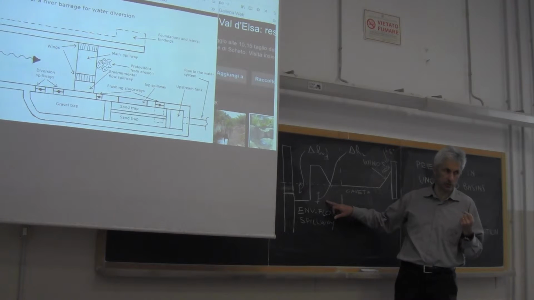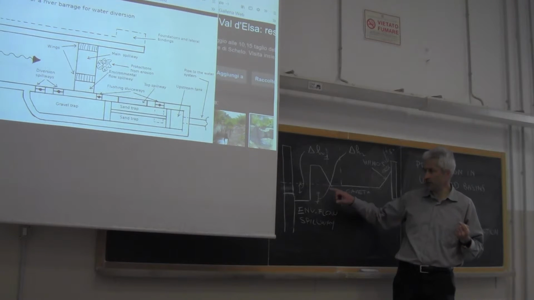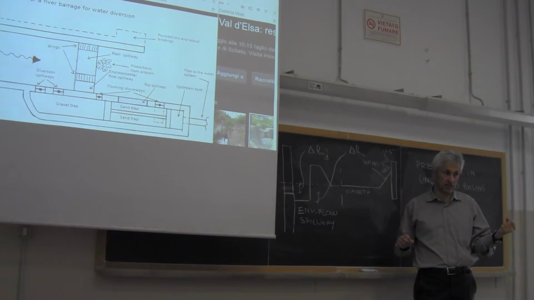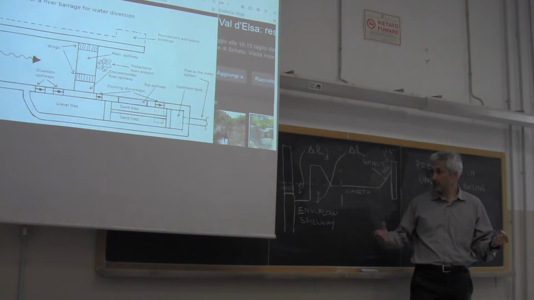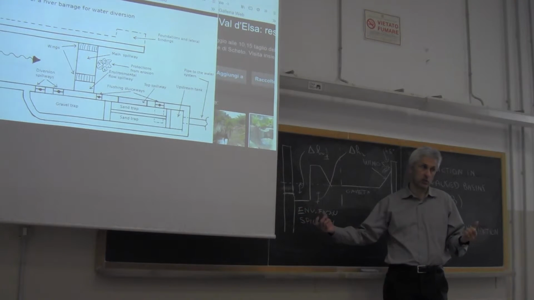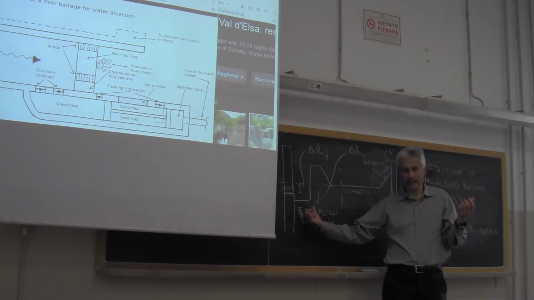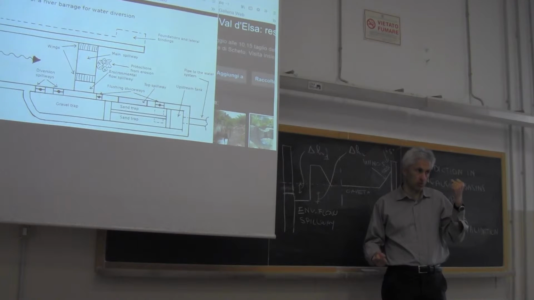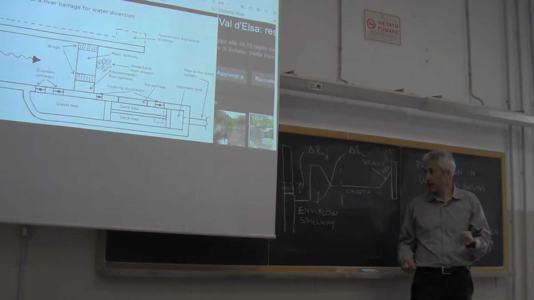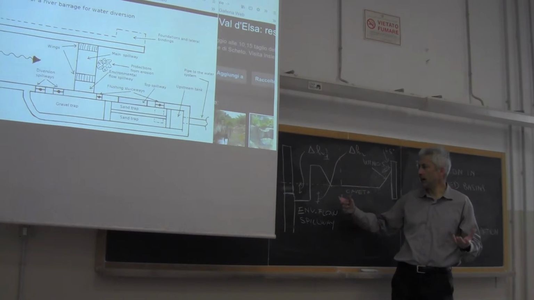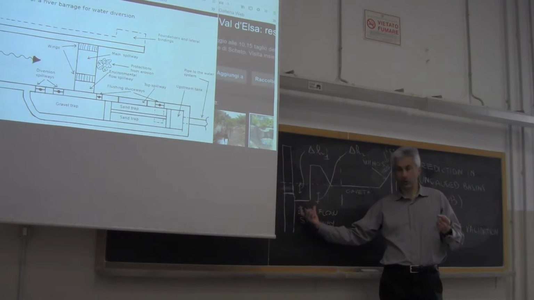This delta H2 is too small. On the other hand, if you increase it too much, you start the diversion too late, which means that you are losing some water through the environmental flow spillway, which is not lost. It's an increase of the environmental flow. But in any case, you don't want to release from the environmental flow spillway more water with respect to the environmental flow. And therefore, you have to determine delta H2 by computing, through an appropriate relationship, the amount of flow